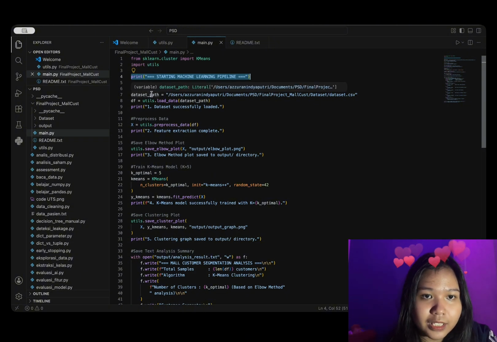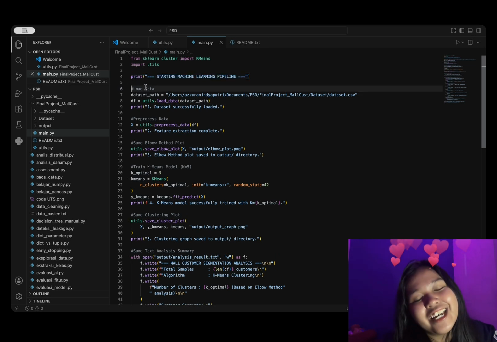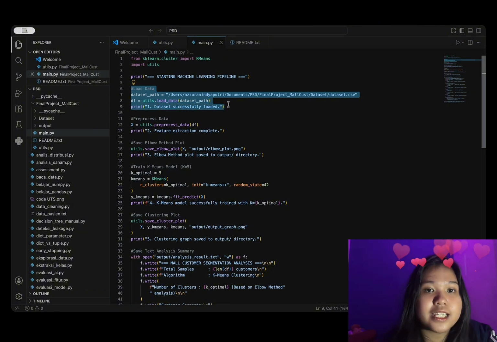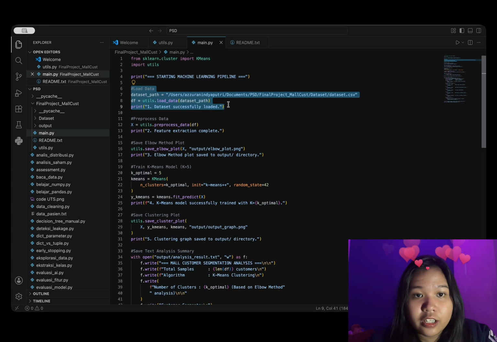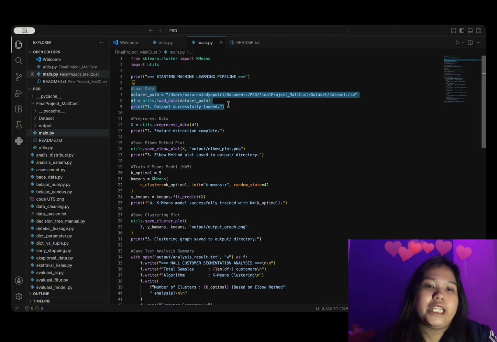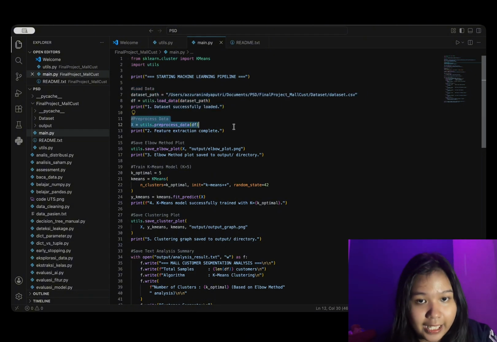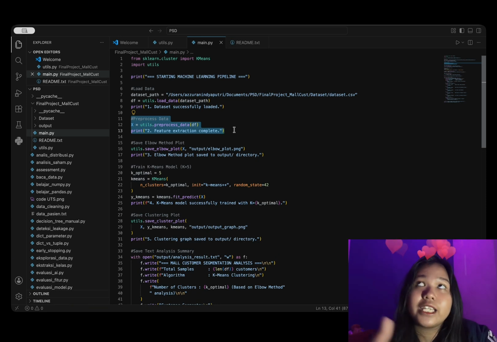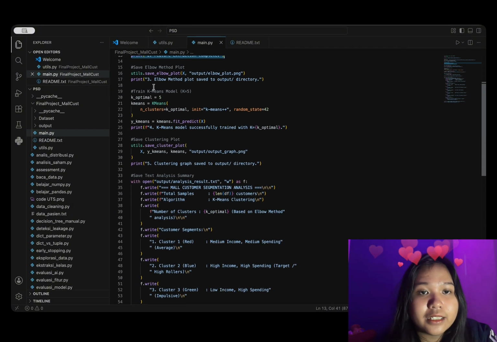As you can see, I already wrote the comments. This step is load data: it defines the dataset file path and calls utils.load_data to read the CSV into memory. Then preprocess data executes feature extraction using utils.preprocess_data to retrieve the annual income and spending score features into matrix X.